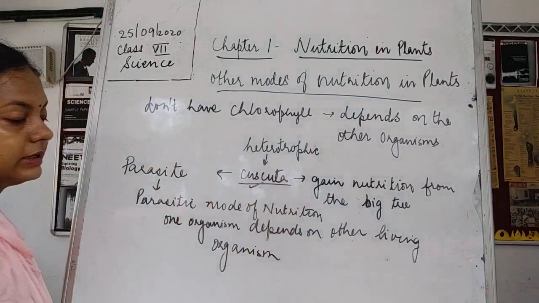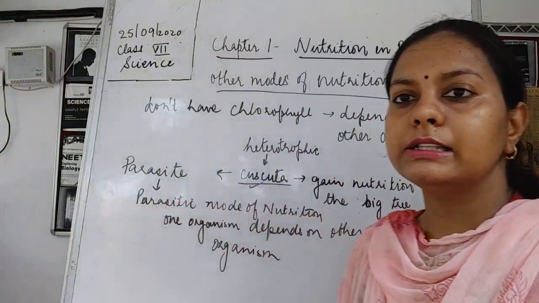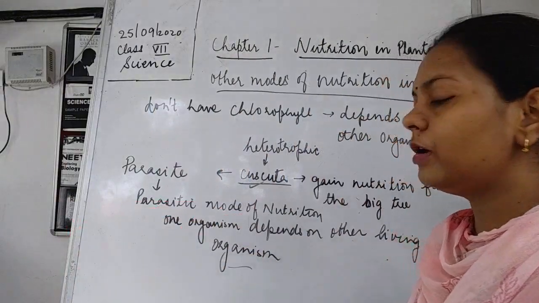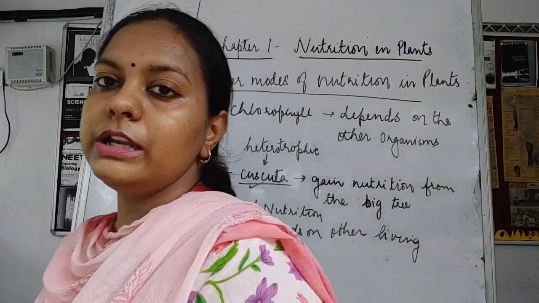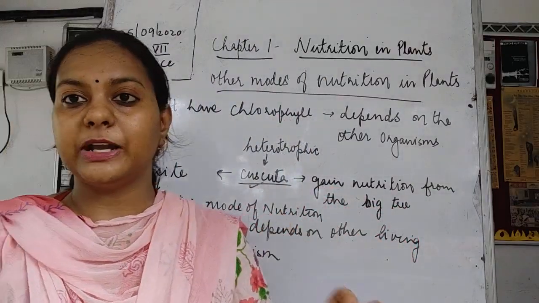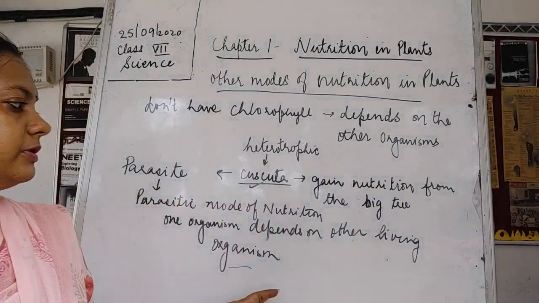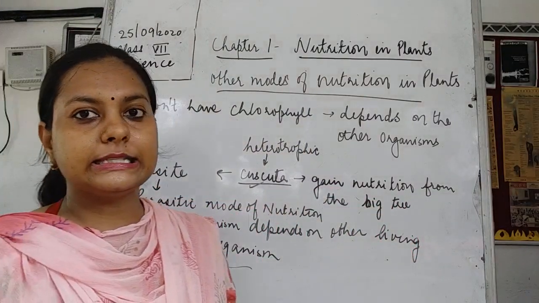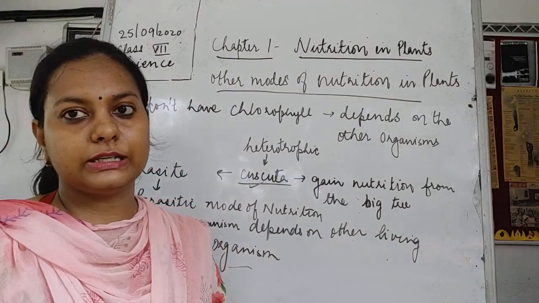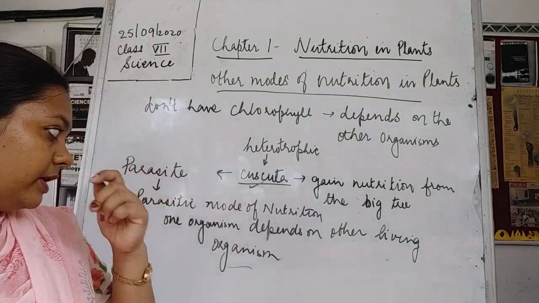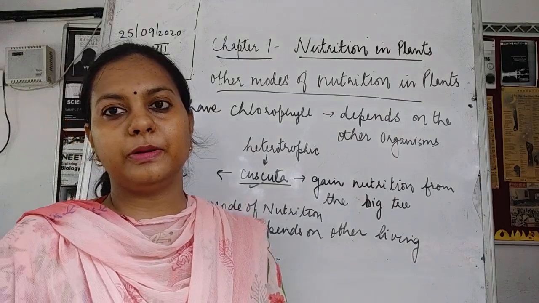Okay, so this cascata is a living plant. As it is a plant, so it is living. These plants are going to be dependent upon other plants for their nutrition. Now this cascata is going to have roots. They have special absorbing roots. These roots are able to grow and go inside the plants. They extend their roots inside the plants, and then they are going to absorb the nutrients which are being prepared by the big tree.